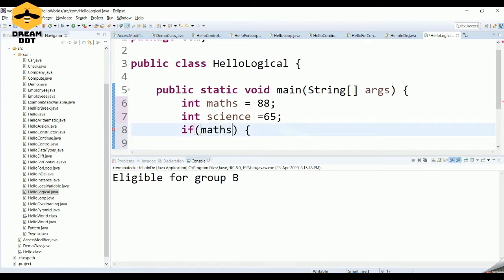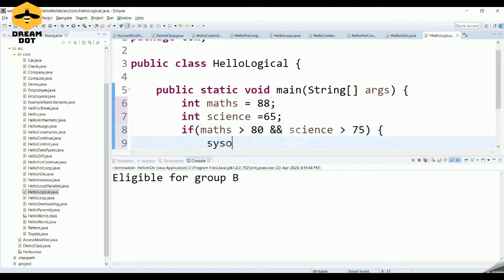They are trying to check if the maths mark is greater than 80, and at the same time if the science mark is greater than 75, they are ready to allot, eligible for group A.